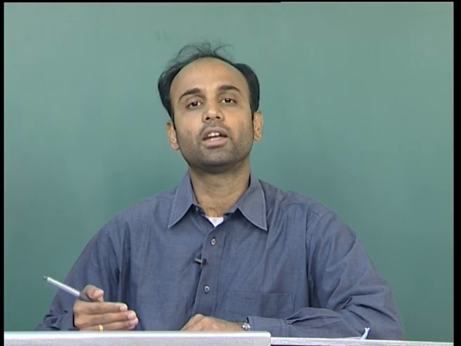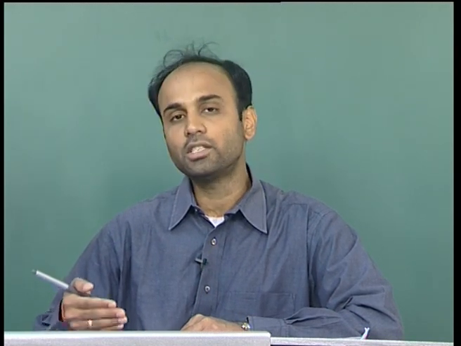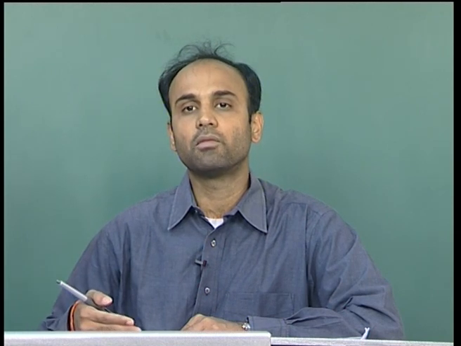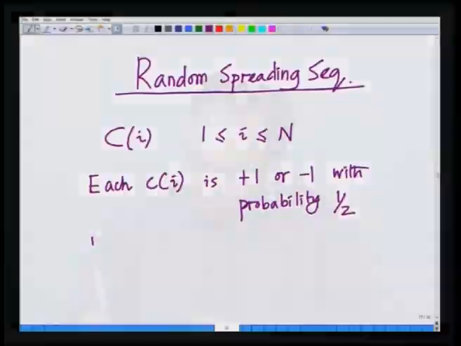It is like tossing a coin. If the coin lands on heads, it is -1. If the coin lands on a tail, it is +1. So, each chip is +1 or -1 with probability half,